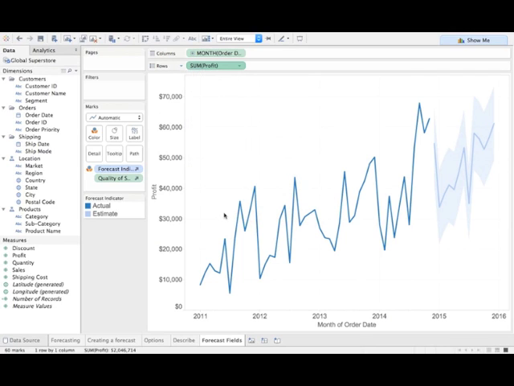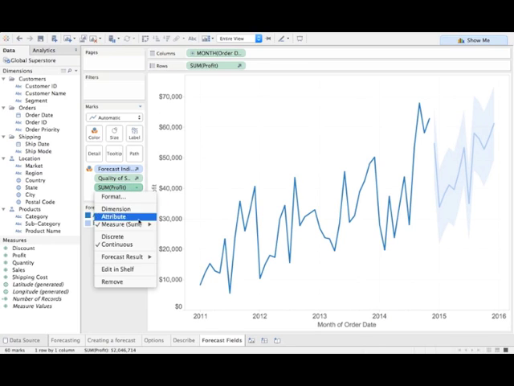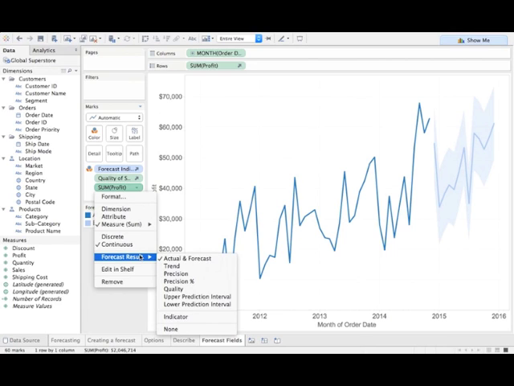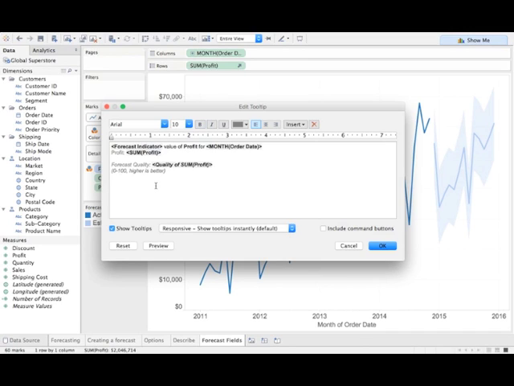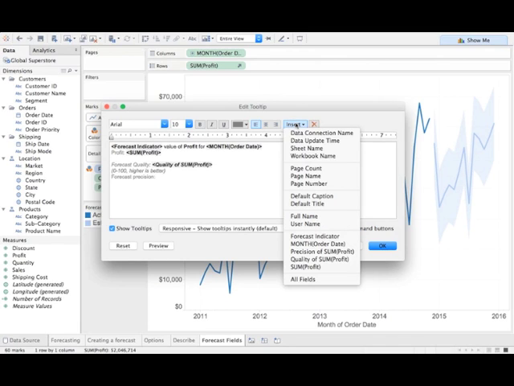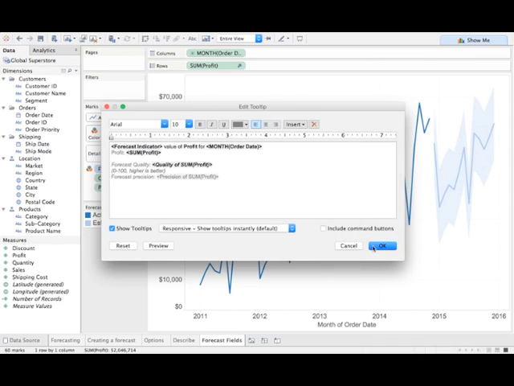First, we will begin by dragging profits into tooltips. We will right-click to pull up the menu, and then we will go to forecast results, and we will choose precision. Next, we will click on tooltip to edit it. We begin by typing forecast precision, and then we will insert it by selecting precision of sum for profit. We will then click OK,